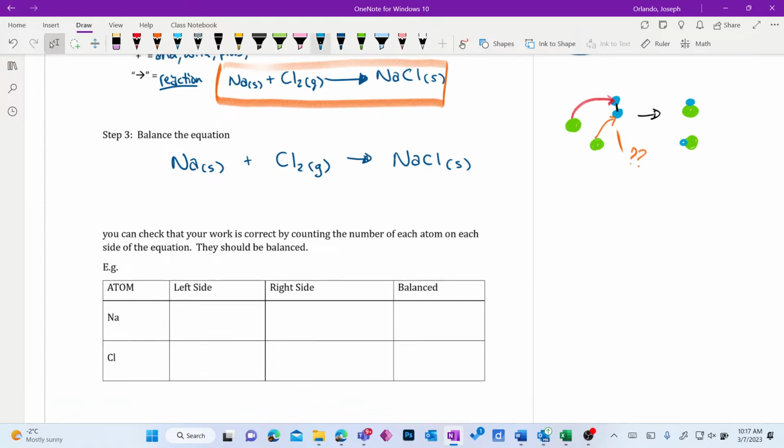So right now, let's take a look and see how many atoms are on each side. How many sodium atoms are here? 1. How many chlorine atoms are here? 2. And then on the right side, how many of each? 1 and 1. Okay, now,